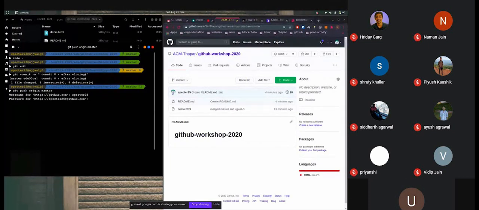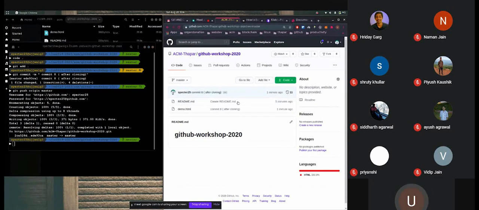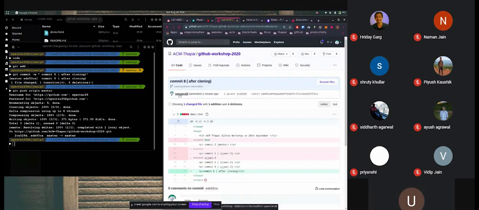It asks for my username, password. So after I refresh this page, you will see commit 8 was the latest commit made to this file.